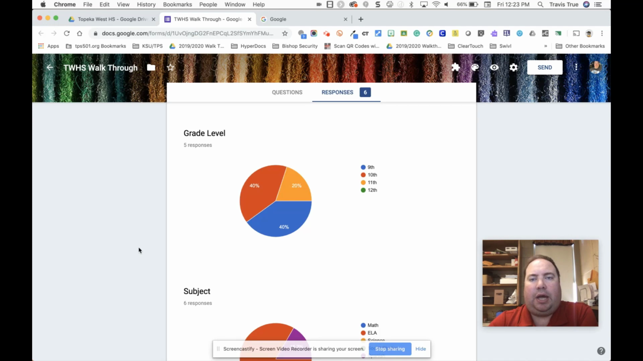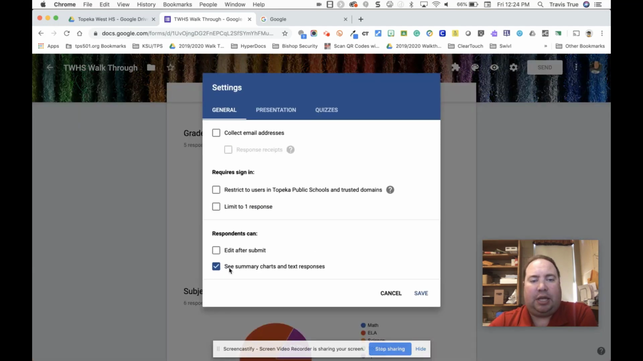So what I know I could do is if I go into the settings, I can see the summary chart and text response, and that gives me a link on the submission page when it says your form's been submitted. There's a link that you can see that, but the problem is that link is only available on that page. And then I got to looking at the URL of that page,